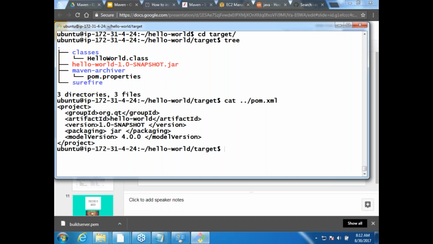Okay. Are we good? So this has packaged it. Now let us assume that we want to take this packaged application and give it to someone. Then there are a couple of ways. One is just zip this jar file and send it via mail or whatever FTP which you have. Or the other thing is you can put this in your repository and ask that person to use your repository.